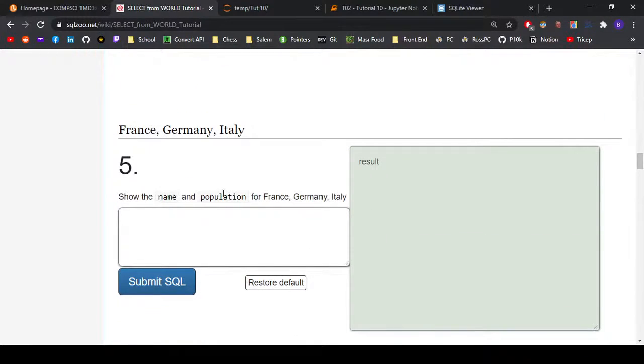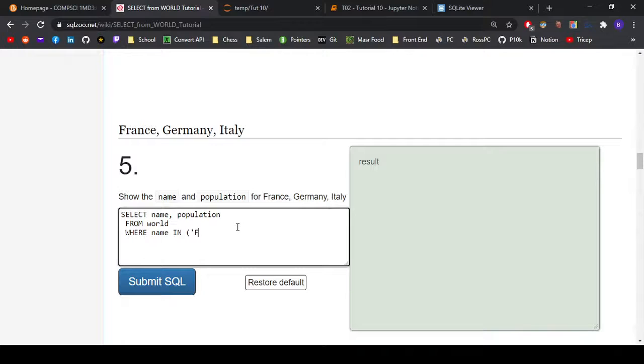All right, show us the name and population for France, Germany, and Italy. So we've done something just like this in the basics. And hopefully you guys still remember. We basically want to see if a country is either France, Germany, or Italy. Now, we could say if name equal France, or name equal Germany, or name equal Italy. But as you know from using Python for this long, there's a much better solution to that, and that's using the in keyword. So here we're going to select name and population from our world table, where the name is